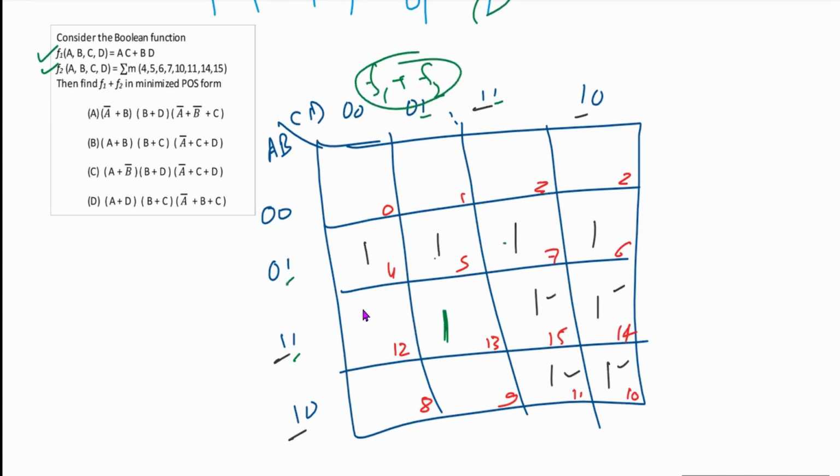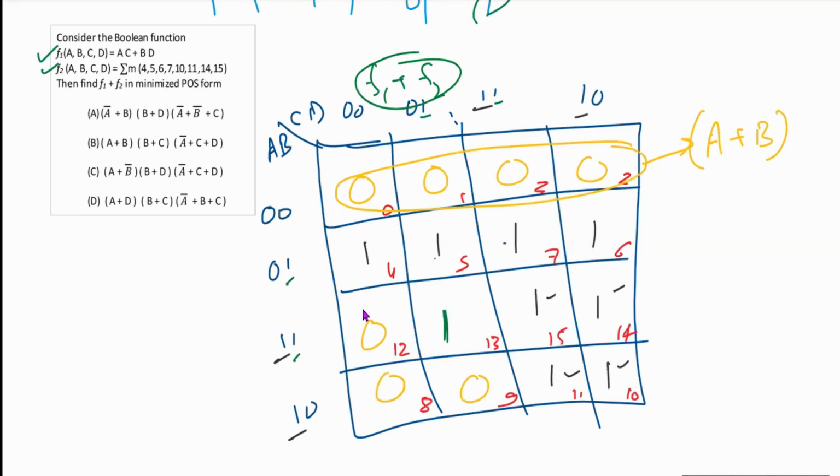After doing this F1 plus F2, you just need to pair, but check these options. These options are there in POS form, product of summation form. So it's better you write zeros in left out places. Okay, and then do your pairing. So this is my first pairing. This first pairing I can denote with A plus B,